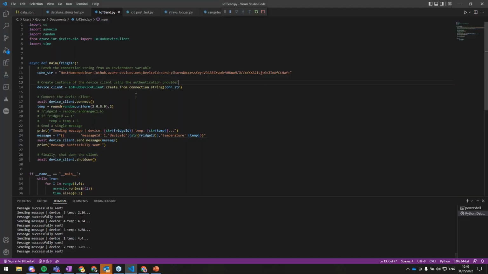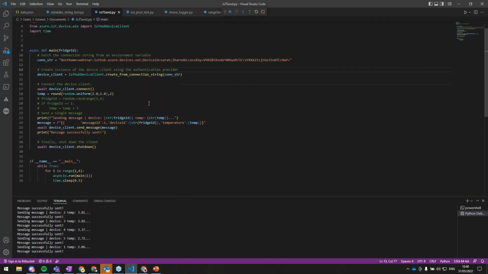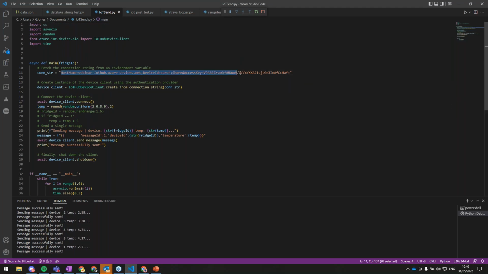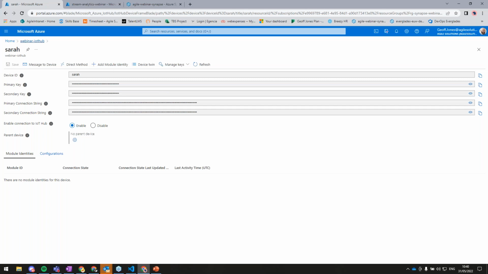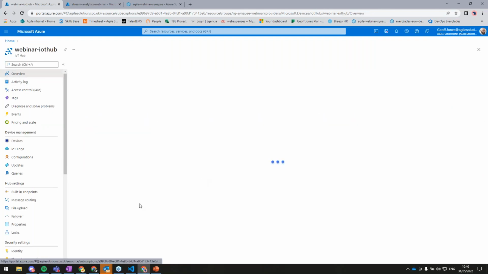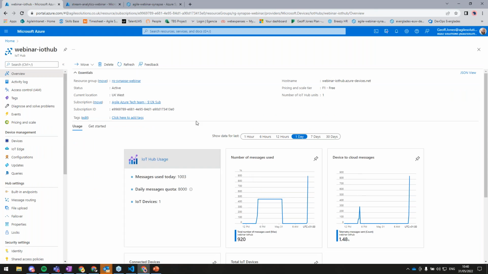For the purposes of the demo, I've just whipped up a quick Python script that generates a random temperature for one of 5 fridges every half second. You can see here that the actual configuration that I need in order to do this is given to us by IoT Hub. Once your client is configured to communicate with IoT Hub and it's generating the messages, we get a message sent, and then IoT Hub responds with a little message to tell the client that it is communicating and receiving those messages. From there, we have our IoT Hub. We know that it's now communicating, it's getting those messages, and everything's connected, and we like that.